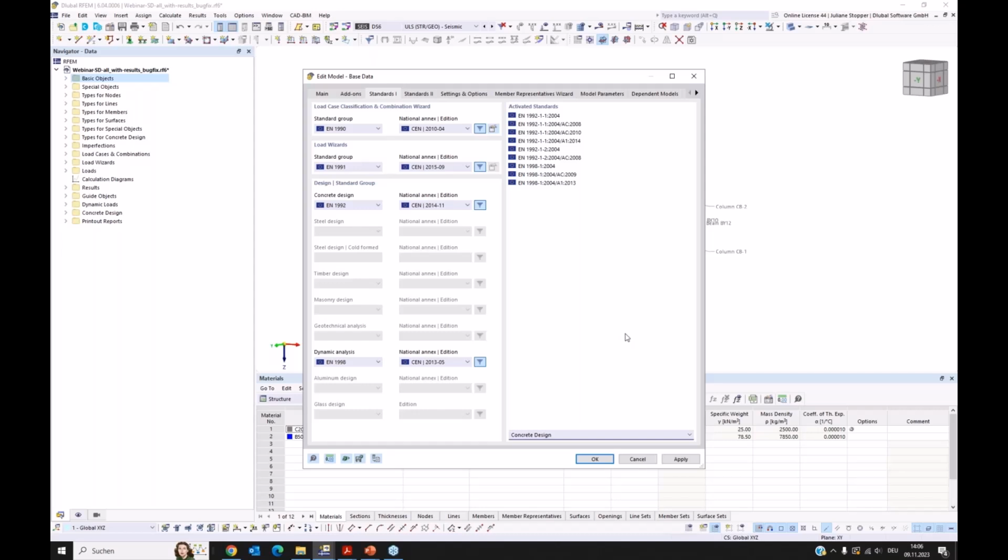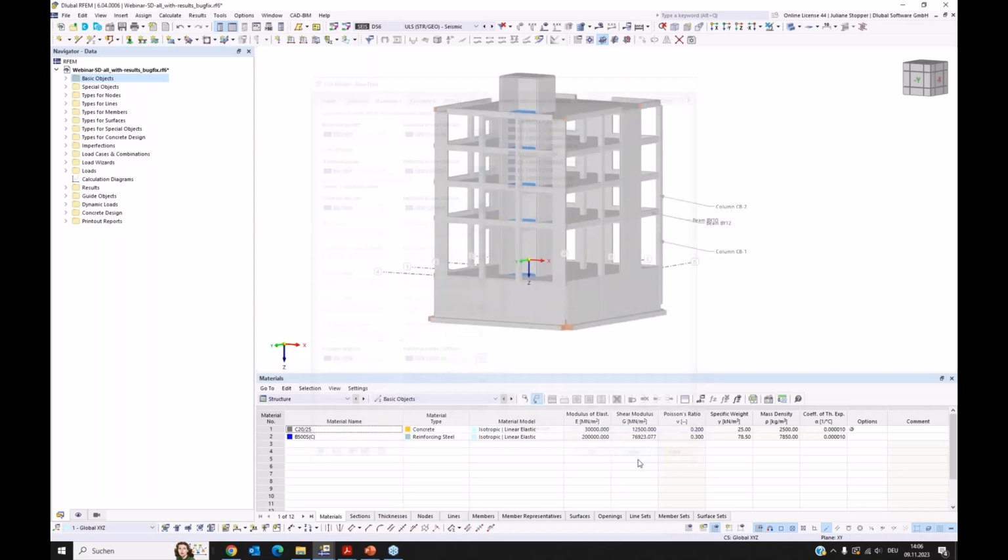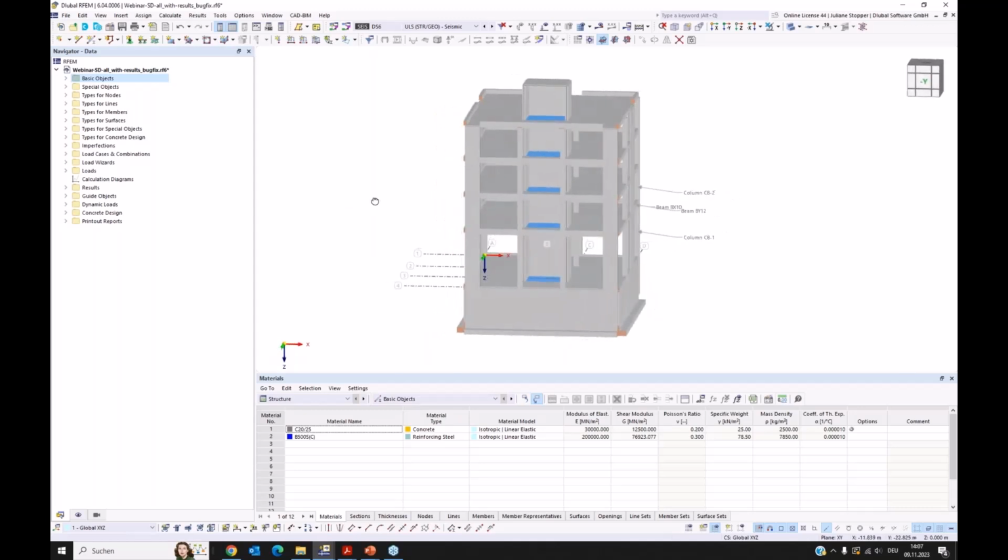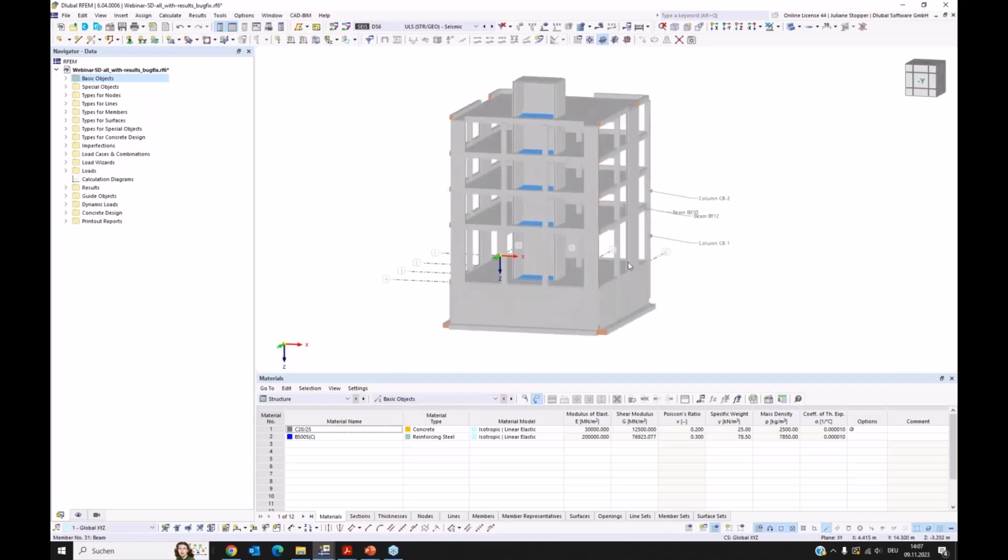Okay, this is enough, I think, for the base data. Nothing else that is new. Okay, then we can go back to the model and have a look at it a bit. So it's a reinforced concrete building that has 5 floors,